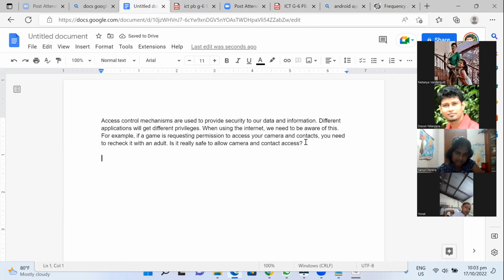Another thing is passwords. Strong passwords are providing strong security.